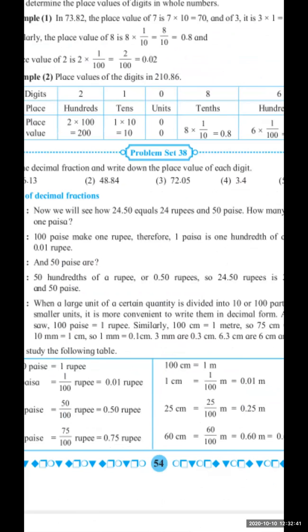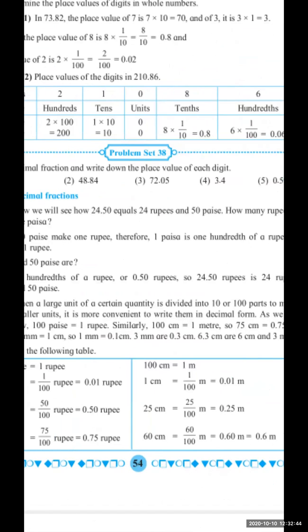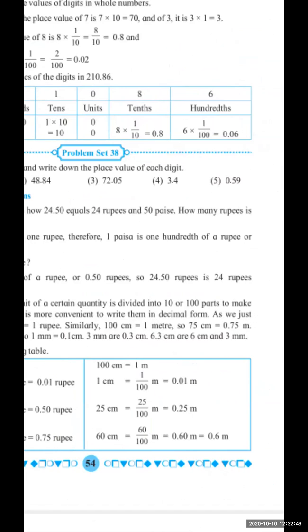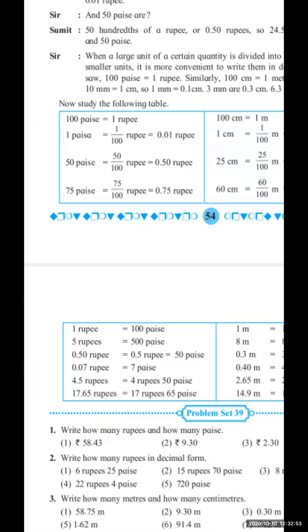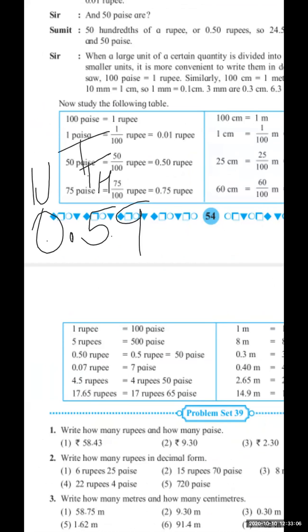Finding the place value of each digit of a decimal fraction is very easy. Okay, now we will take the fifth example, 0.59, a very simple one. Fifth example: 0.59. Now 0 is on the unit place, correct? This 5 is on the 10th place and this 9 is on the 100th place, correct? I am writing in shortcut, but you are not going to write in shortcut. You will write the full spelling, correct?